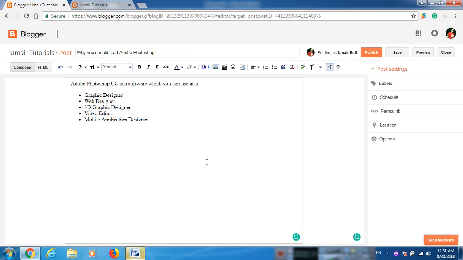So as a graphic designer, you can design brochures, flyers, business cards, and you can edit images up to professional level. You can apply different adjustments like brightness, contrast,